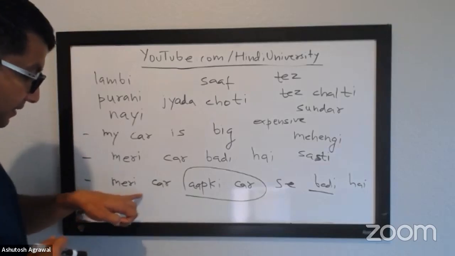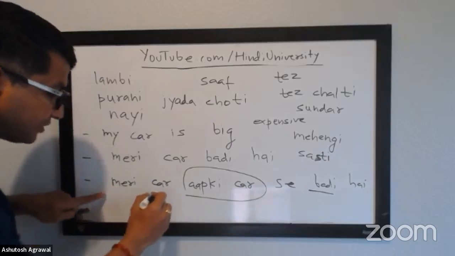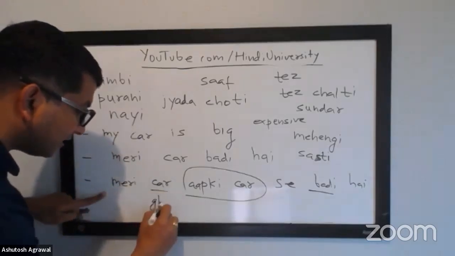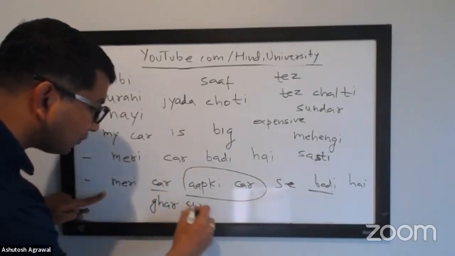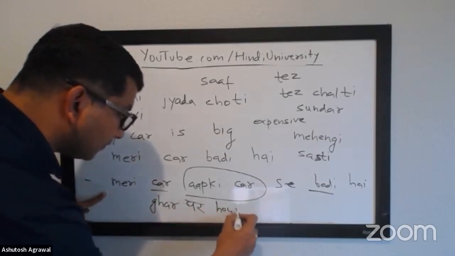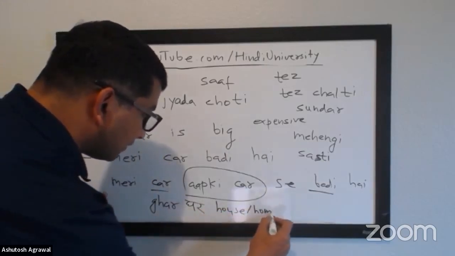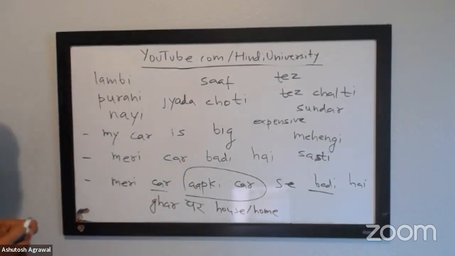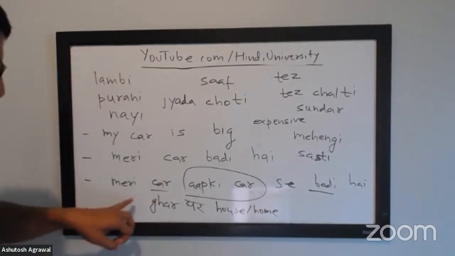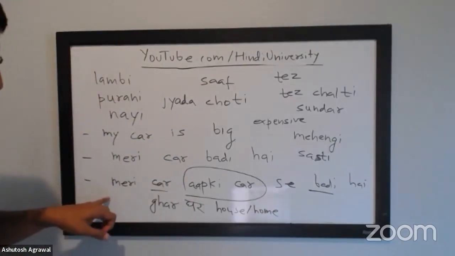What's gar? Mera gadi. So instead of car, you have घर. घर is house or home. Okay, so same sentence, you can change it now. So instead of car, replace it with घर. Mera gar